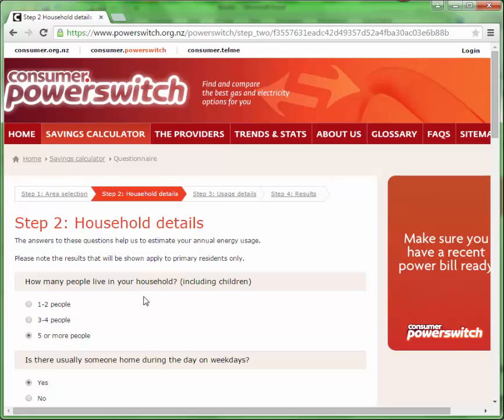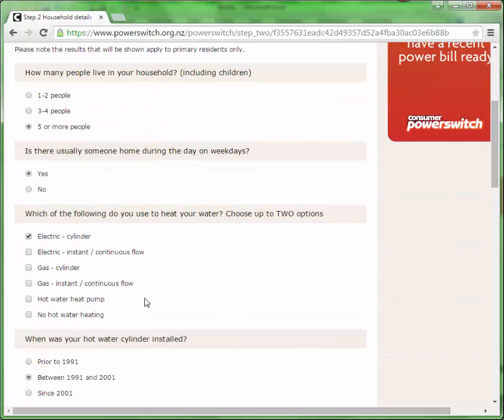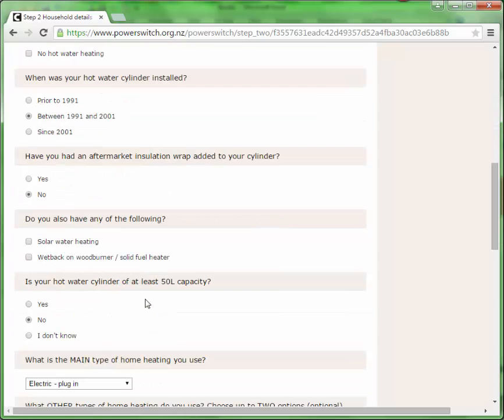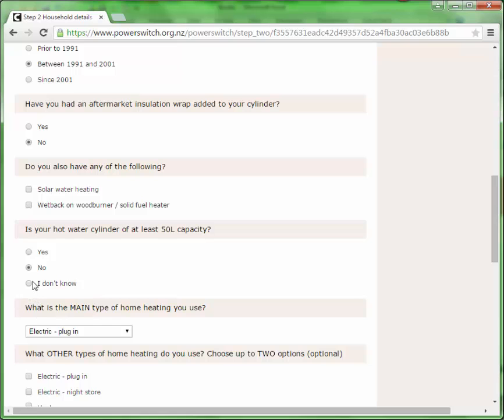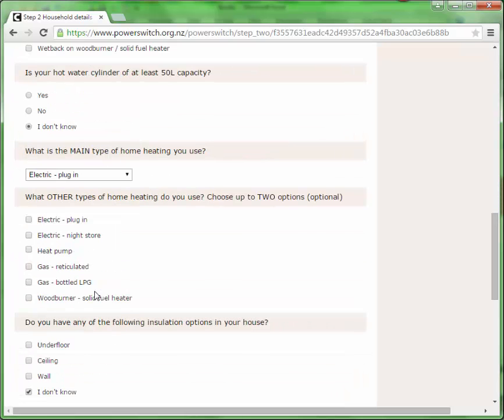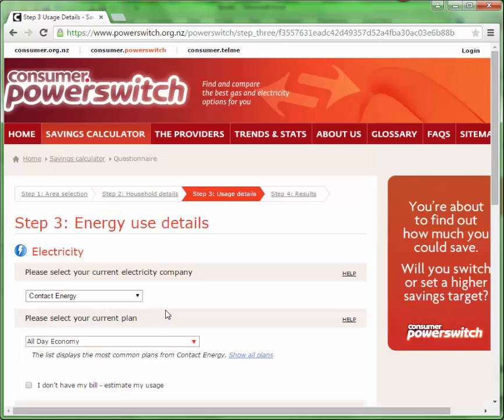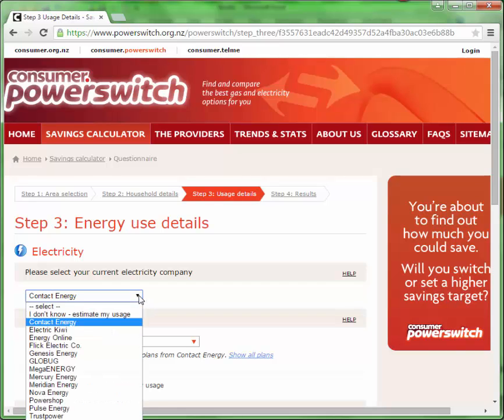It asks for some information about your household. Just fill that out. When you're finished, click Next. It asks some questions about your current electricity provider. Just select one